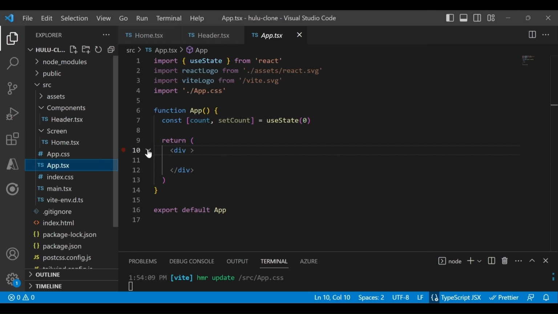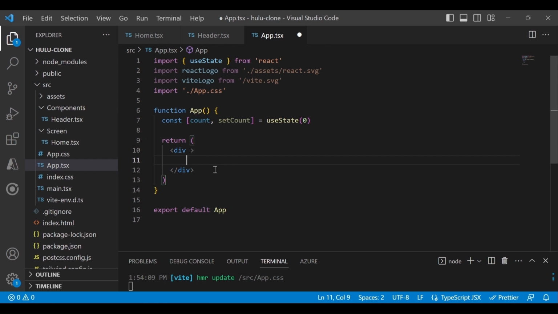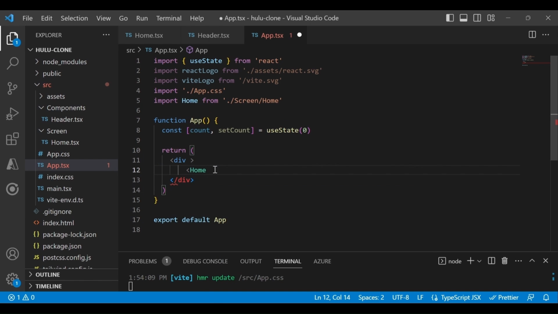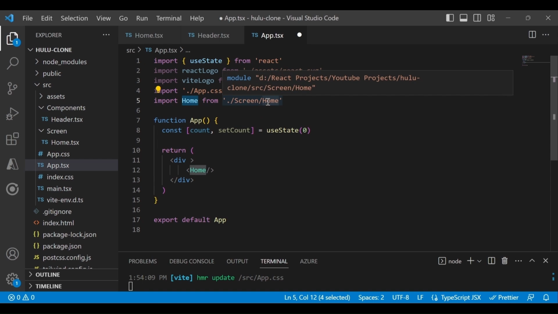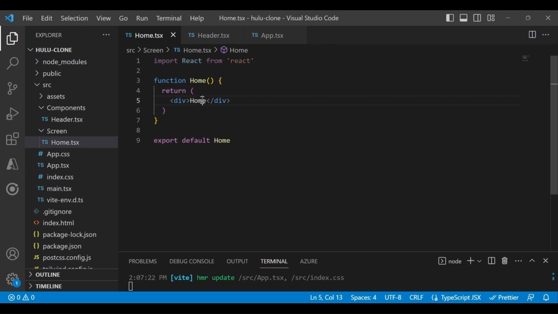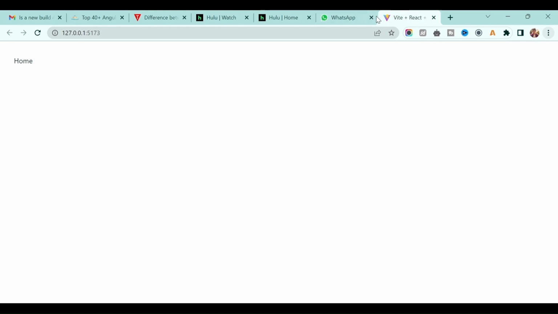Now go to the App.tsx, and here I will just import the Home screen component, right? So just type Home in the angle brackets and press enter, right? Once you enter it, it automatically gets imported. Okay, so if you see, our Home component is imported from screen/home. Close the tag and save it. In our home.tsx file we have just written home. If you go back to our application, here you will see the home, correct?